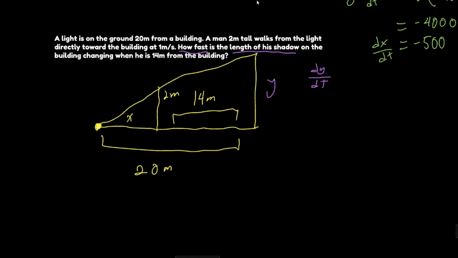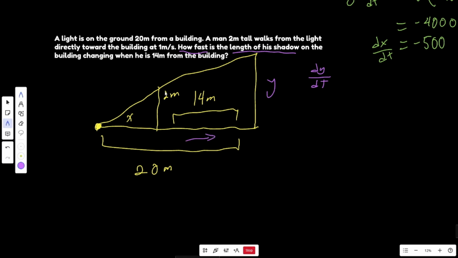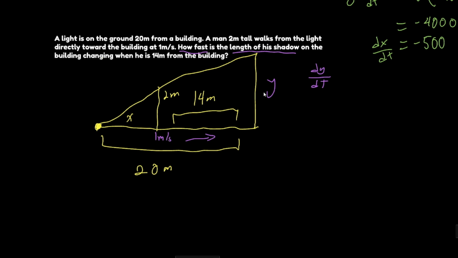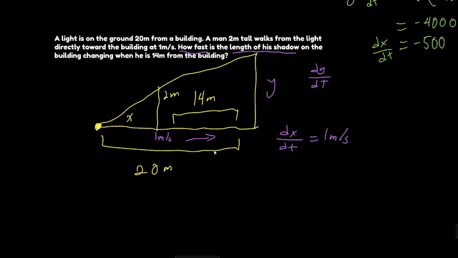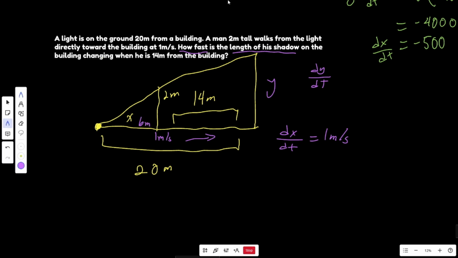Okay, so now we also know that this guy is walking this way towards the wall at 1 meter per second. So we know that dx over dt for this guy is 1 meter per second. Alright, so we have pretty much most of our given. Oh, it's also important to know that we know that this is 6 meters. We're not gatekeeping anything. We're just reserving that so that it makes more sense when we bring it up. Anyway,